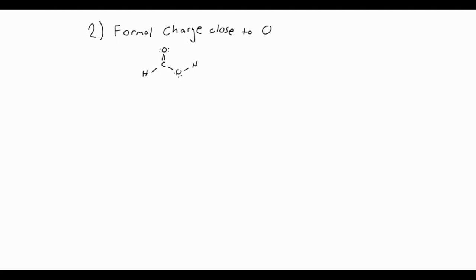What we could do is swing these electrons down to make a double bond, and then take these double bond electrons up to the oxygen. And then our formal charges, now we have minus on this oxygen, and now plus on this oxygen. So again, this will be our major resonance structure because its formal charges are all 0, whereas this structure will be minor